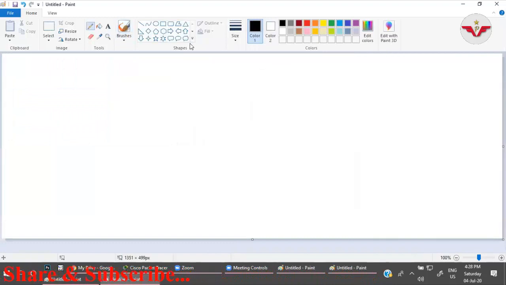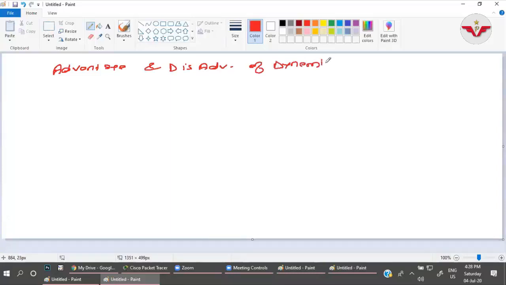Anyone who can say what are the advantages and disadvantages of dynamic routing? Easy for monitoring. Okay, anyone else? Disadvantage is more overhead.